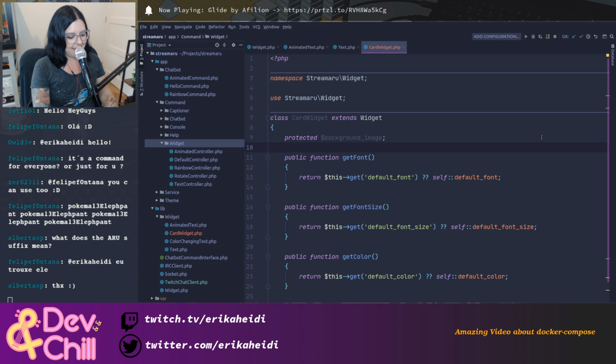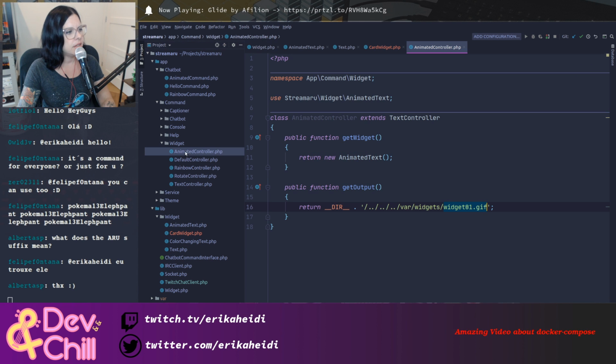I want to do that some other time. This is gonna be a card controller. So actually, I'm gonna copy. Let me see this. Something that you can also do in these commands is to extend from a command